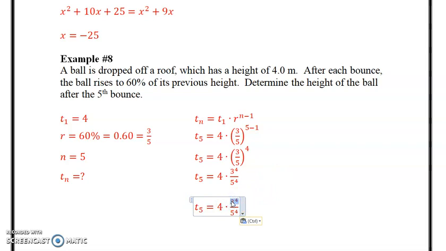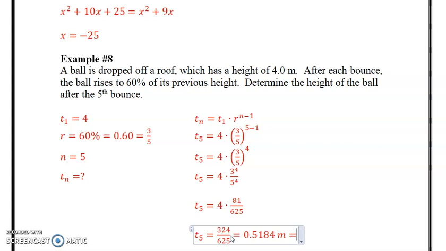3 raised to the power of 4 is 81. 5 raised to the power of 4 is 5 times 5 is 25 times 5 is 125 times 5 again is 625. So our final step is to multiply the numerator by 4. So that means the 5th term will be 4 multiplied by 81, which is 324. That's multiplied by the 4, so the 4 is gone, which we know is equal to, we punch that in our calculator, 0.51984 meters, which, if you want to get an idea what that is approximately